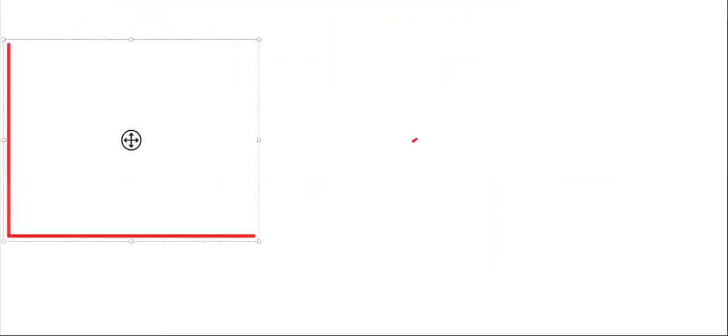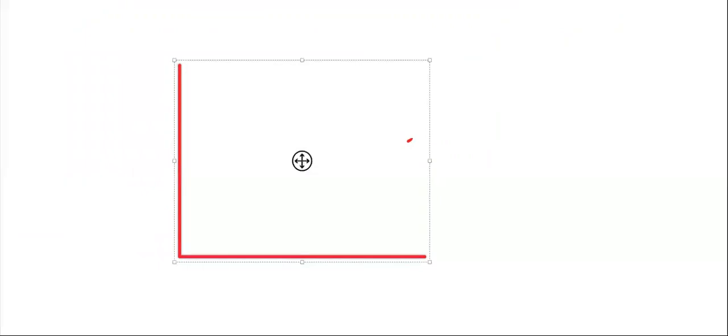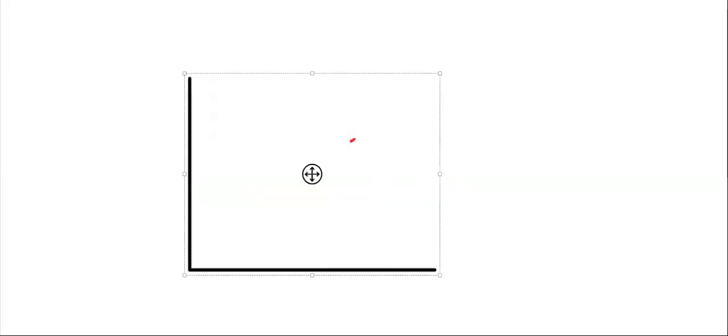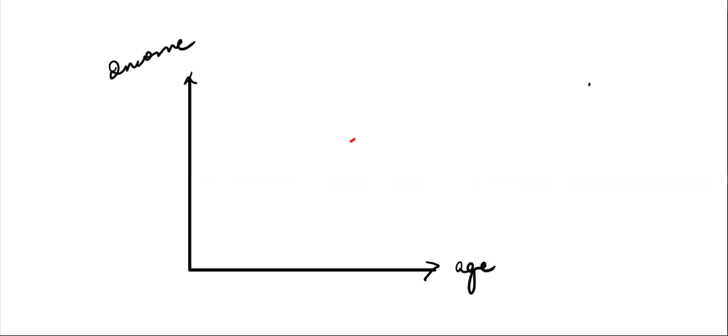So, for example, I go about and make this graph. We have actually done exactly the same numbers. Supposedly, this is the age of the individual and this is the income that is earned by the individual. Now let's go ahead and say that the individual started earning at the age of 18.